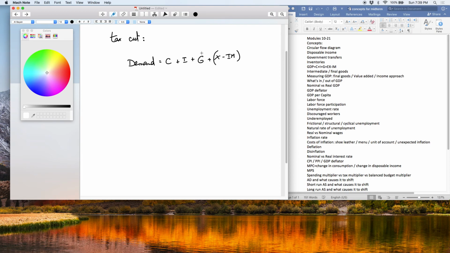So if government spending changes, if investment changes, if consumption spending changes, or if net exports change, for every dollar change in any of these things, the multiplier is 1 over 1 minus the MPC. But if taxes change, okay, then what happens is